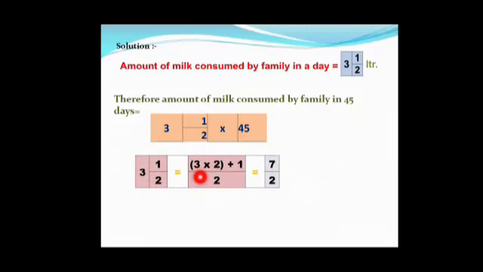So here again we need to turn this mixed fraction into an improper fraction. Okay, so here 3 2s are 6 plus 1 numerator here, so 3 2s are 6 plus 1 is 7, 7 by 2 here. So now 7 by 2 multiplied by 45. So what to do here? We will multiply directly. Okay, so here 45 7s are 315 upon 2, right?